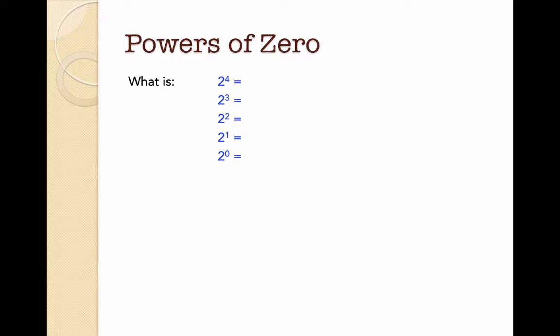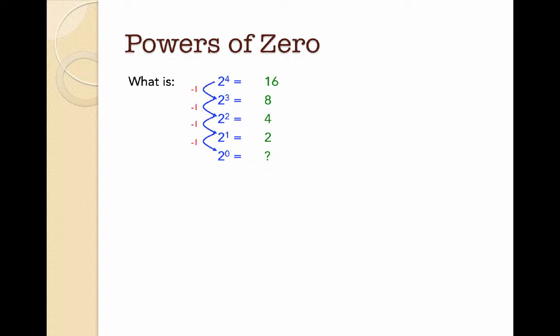Well, I want to start off with looking at 2 to the power of 4, power of 3, power of 2, power of 1, and then power of 0, and looking for a pattern. So 2 to the power of 4 is 16, 2 to the power of 3 is 8, 2 to the power of 2 is 4, 2 to the power of 1 is 2, and then what's 2 to the power of 0? Well, looking at the pattern of the blue numbers, we notice that the powers are being subtracted by